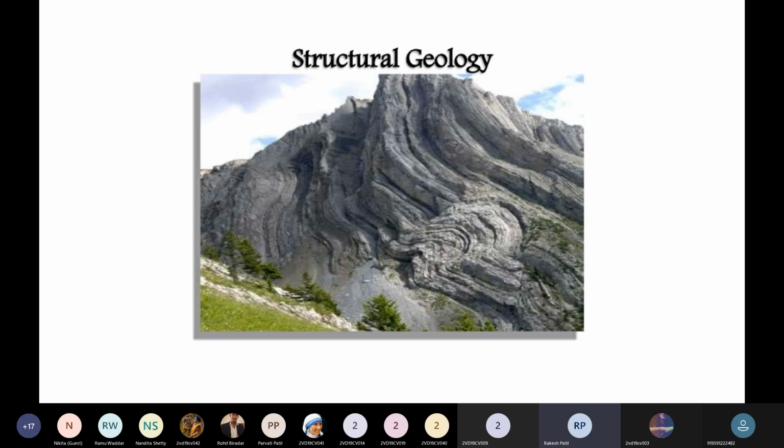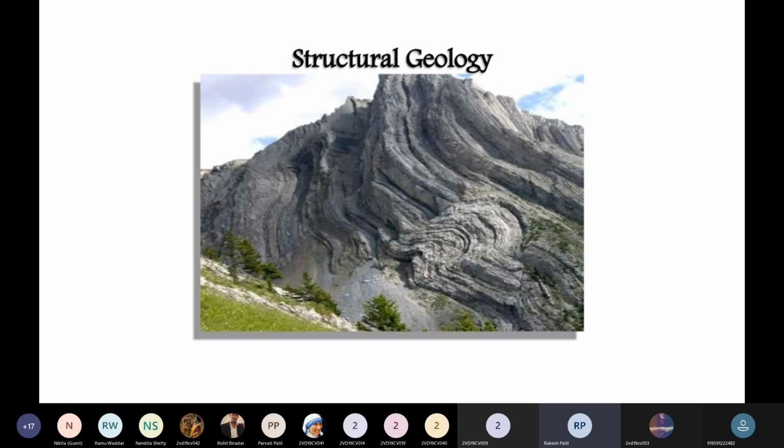In SOM class, what are you studying? You are studying specific materials, for the beam, for the columns, or some other materials. But here, you will be studying stress and strain for the entire rock masses. Entire rock masses means this structural geology deals with a minimum of 2 to 3 kilometers of rock layer which is present below the earth crust.